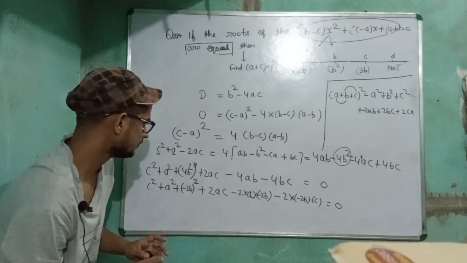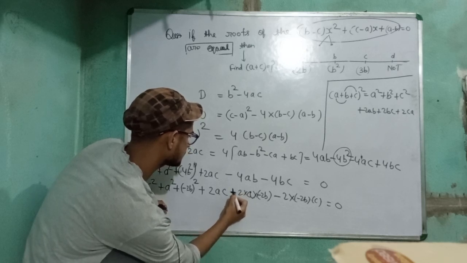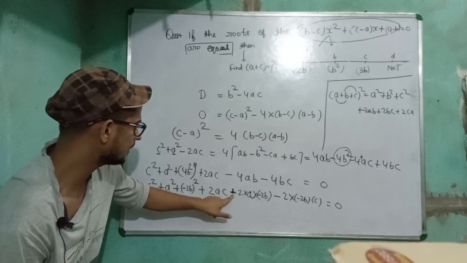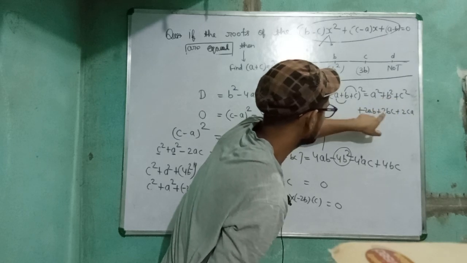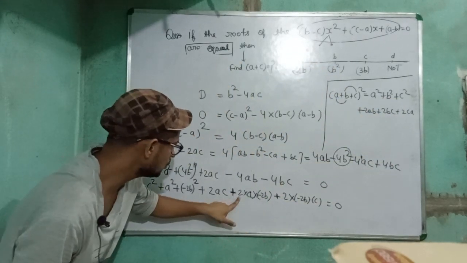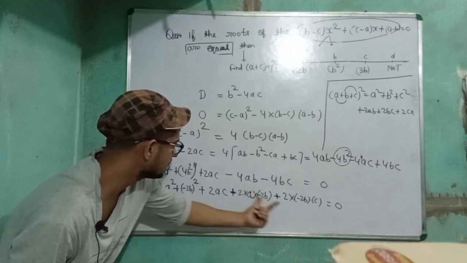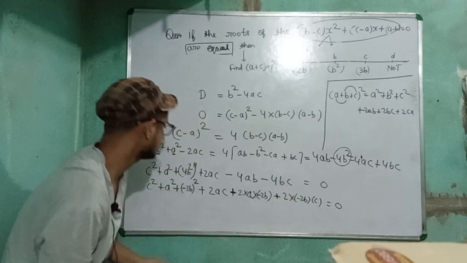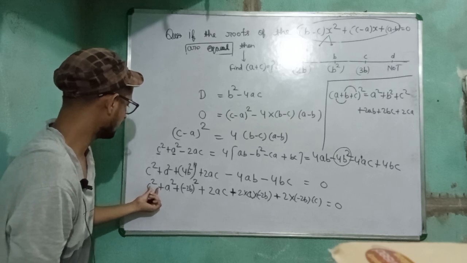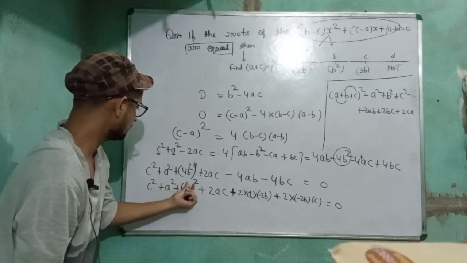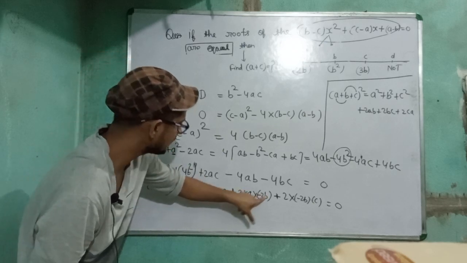So this will be plus, this I can write like a plus, because A square plus B square plus C square plus 2AB plus 2BC plus 2CA. So 2A minus 2B will come out to be 2 2 4 minus 4AB, 2 2 4 minus 4BC. So now these all terms are in plus, C square plus A square plus 2 minus 2B square, like A square plus B square plus C square plus 2AB plus 2BC plus 2CA.